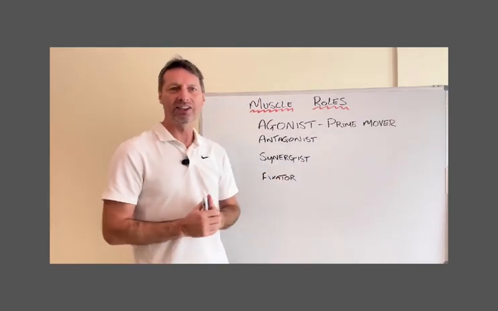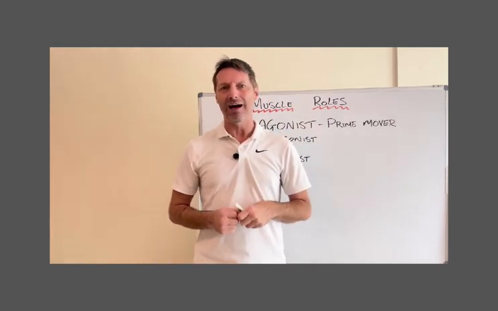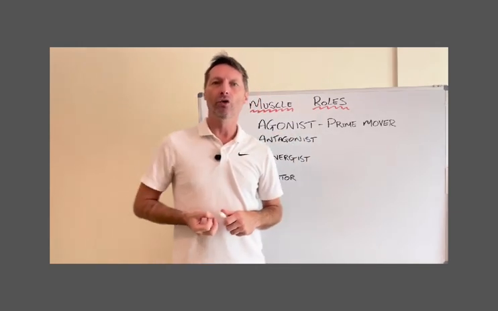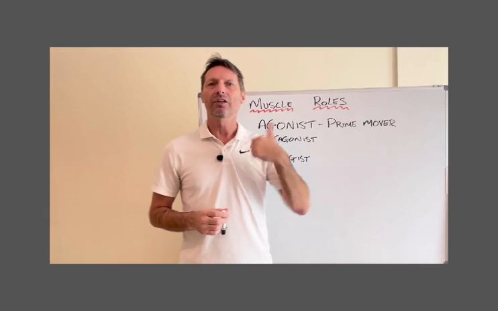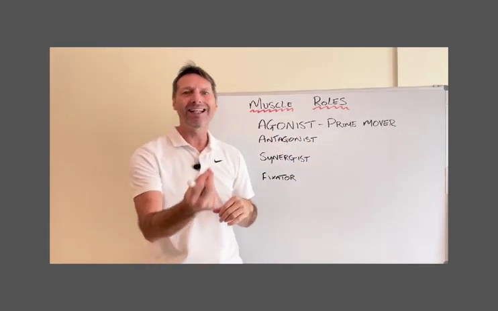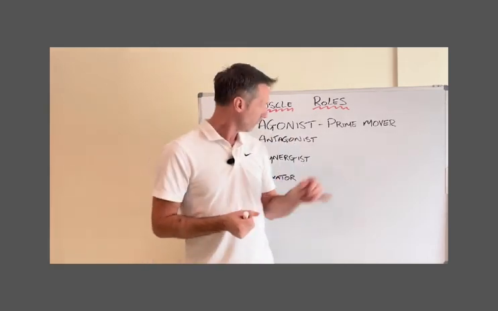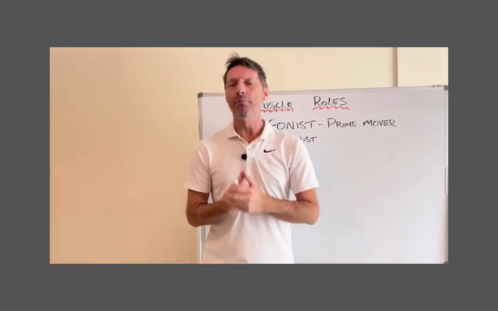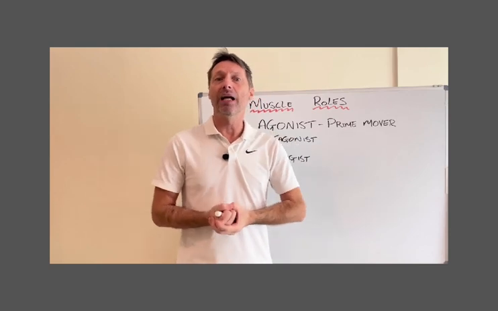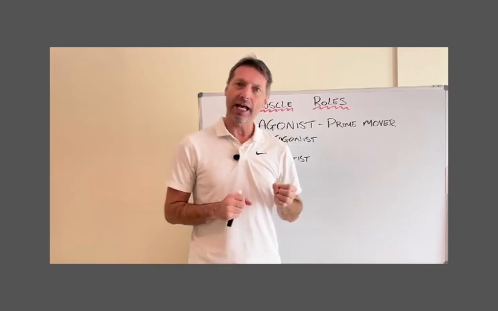Now let's have a look at the synergist. When we're looking at the synergist, you need to understand your hamstrings. There are three muscles that make up your hamstring group: your bicep femoris, your semimembranosus, and your semitendinosus. What is the main muscle creating knee flexion? It's going to be the bicep femoris. The antagonist is still going to be the quadricep muscle group, and the synergists in this case are going to